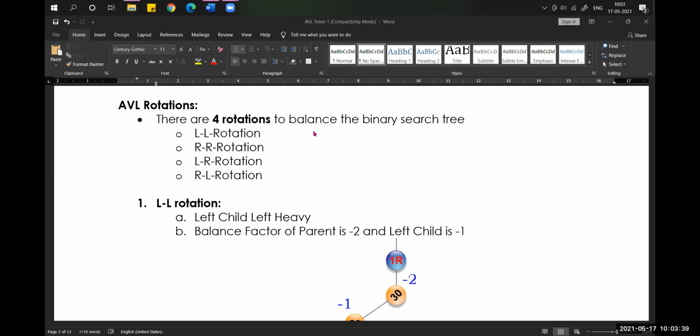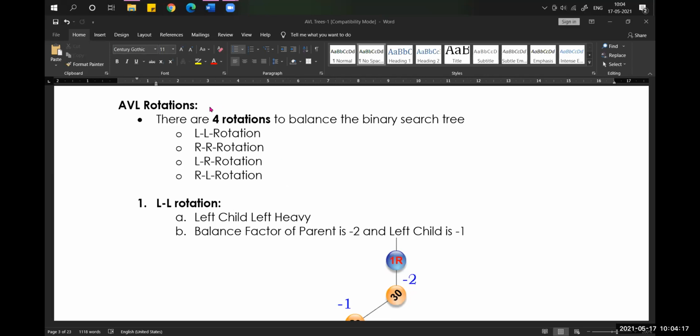For balancing the height of the tree in the case of AVL, what are the different types of rotations we have to do? With the help of these rotations, we are going to balance the height of the tree. What are the possible values for balancing? We can say that the tree is balanced whenever the height value is 0, +1, or -1. If we get any other number, then we can conclude that the tree is imbalanced.